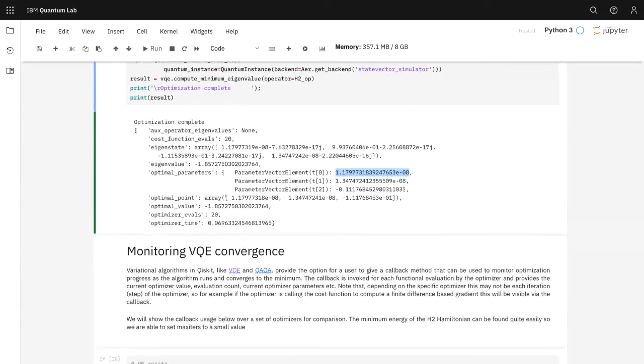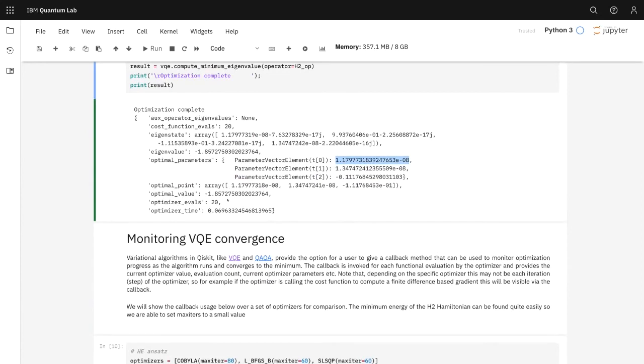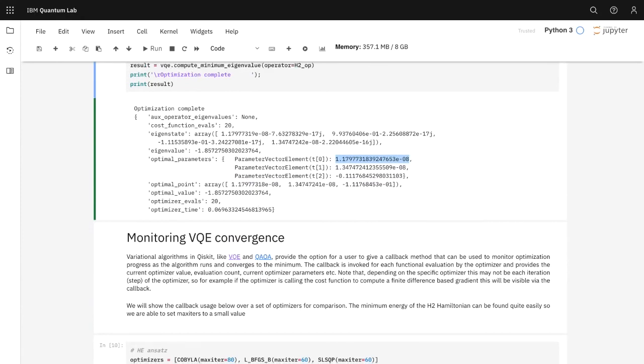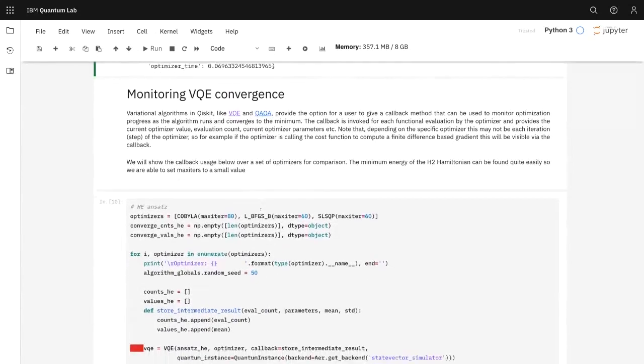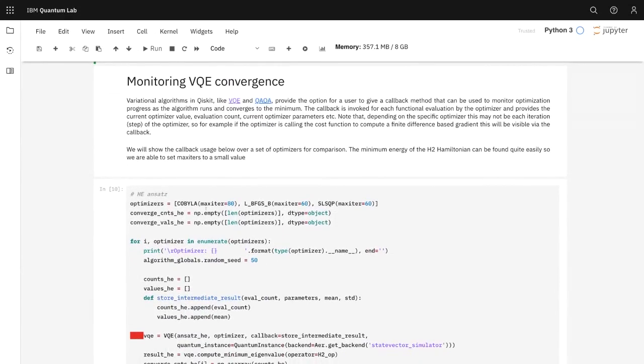And sometimes when you run these simulations, you don't see what's going on there, and you want to dig in and see how the optimization is going. You can use this feature where you can monitor the convergence. And here we're going to use this to compare different classical optimizers,